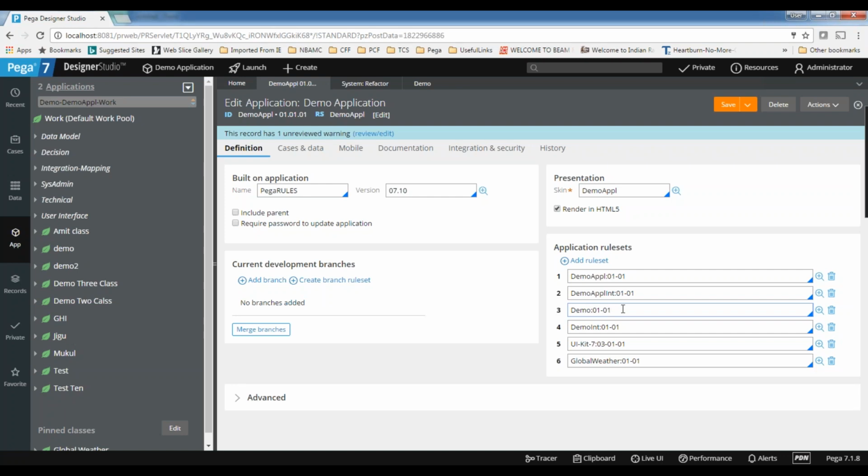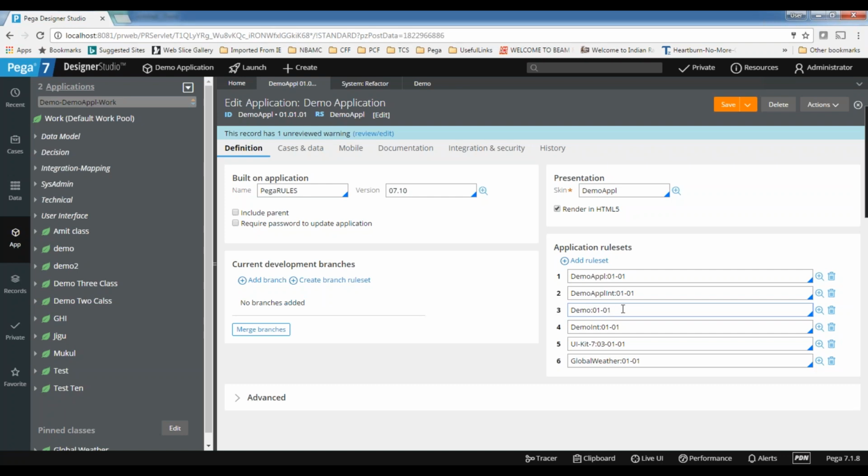In general, organization logos will be stored in the organization rule set, and the logging mechanism will be the same for the entire organization, so that is also stored there. Customer related stuff like customer classes and customer properties, because customer information will be the same across all the applications, you can store at the organization level. So there is no particular rule type that goes to the organization rule set; it may be any rule which is applicable to the entire organization. These are just for indication purposes.